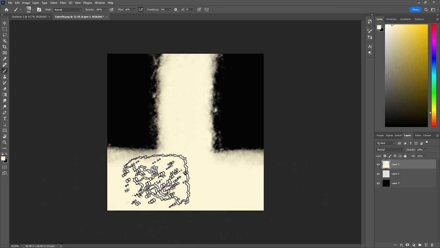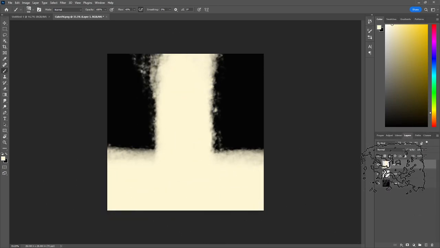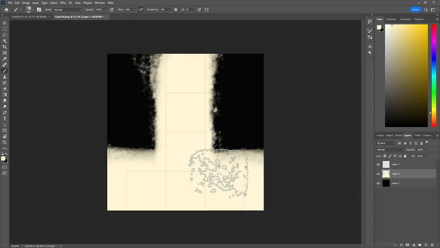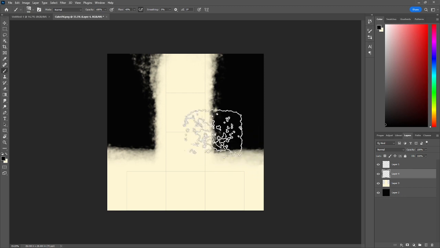The challenge is that I painted my color on top of my line. So if I put my line at the top layer, I'll be able to see it. And then I can switch back over and make a new layer. And I'm going to put the dots on the dice. So we're going to go ahead and